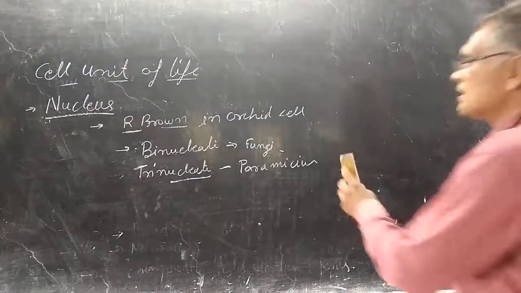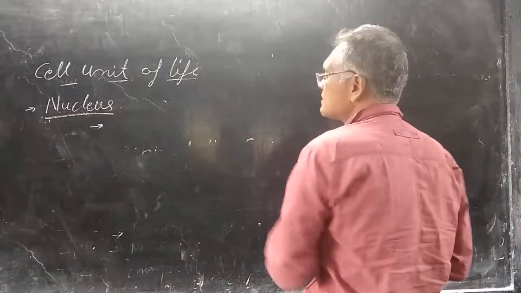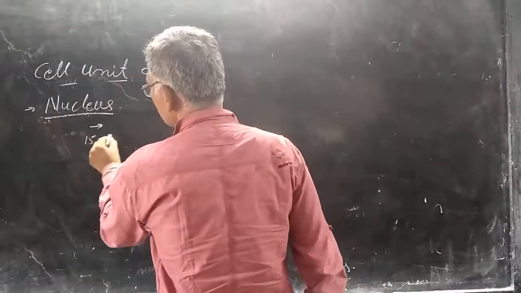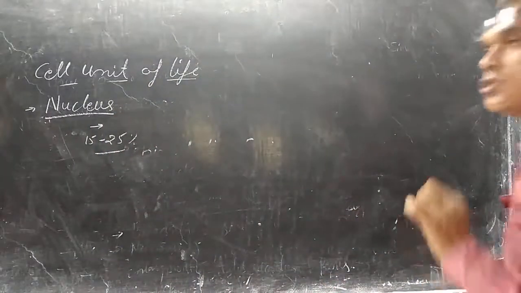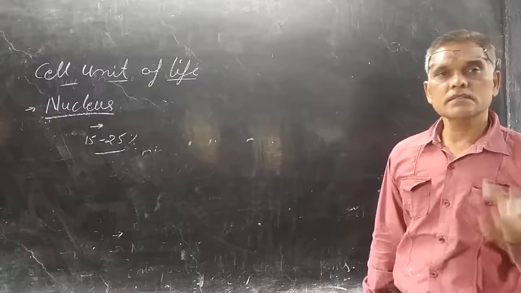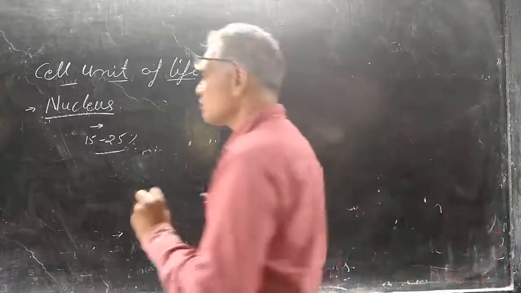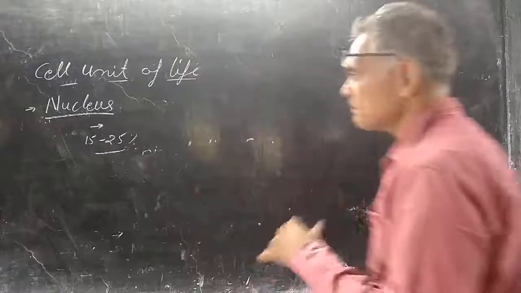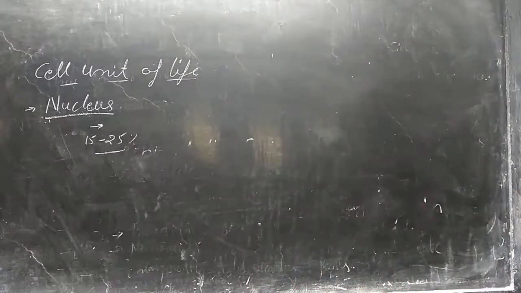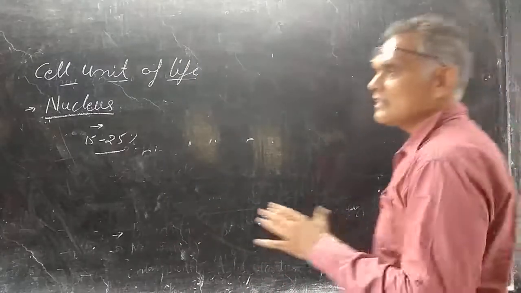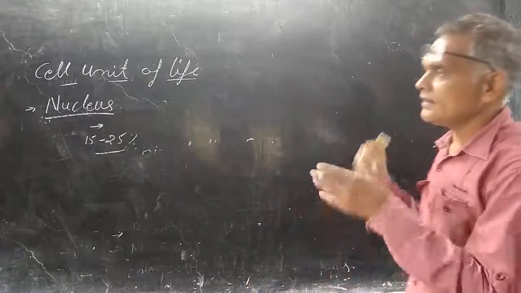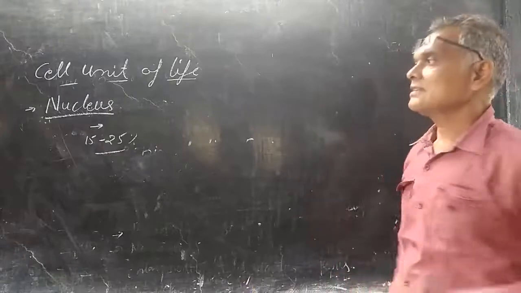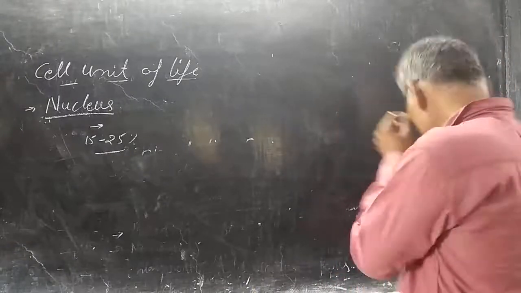The size of the nucleus is about 15 to 25% of the cell, and it is present at the geometric center of the cell. सेल के सेंटर के अंदर ये प्रेजेंट होता है, इधर उधर नहीं होता है, और मैक्सिमम स्पेस इट ऑक्यूपाई इन एनिमल सेल. बट इफ यू सी इन द प्लांट सेल, द लार्जेस्ट सेल ऑर्गन इज ऑफ क्लोरोप्लास्ट, एंड इन एनिमल सेल दैट इज द लार्जेस्ट सेल ऑर्गन इज ऑफ न्यूक्लियस.